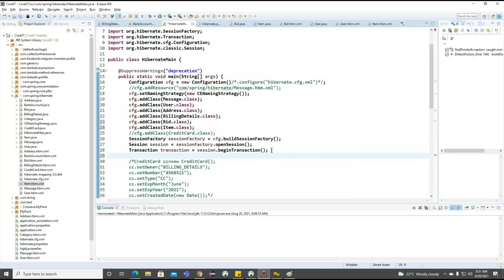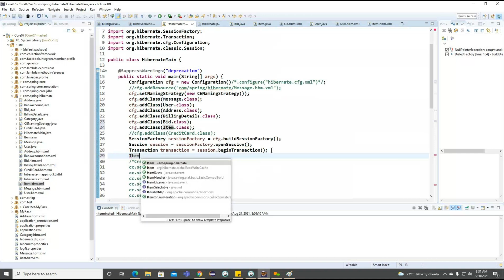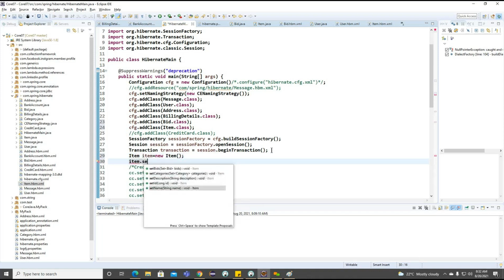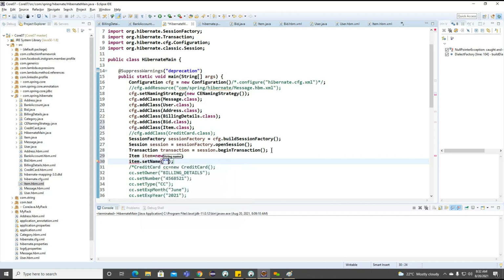Okay, and we'll try to define the item here. New item dot name here. So the name of this particular item, what we can call it as something.